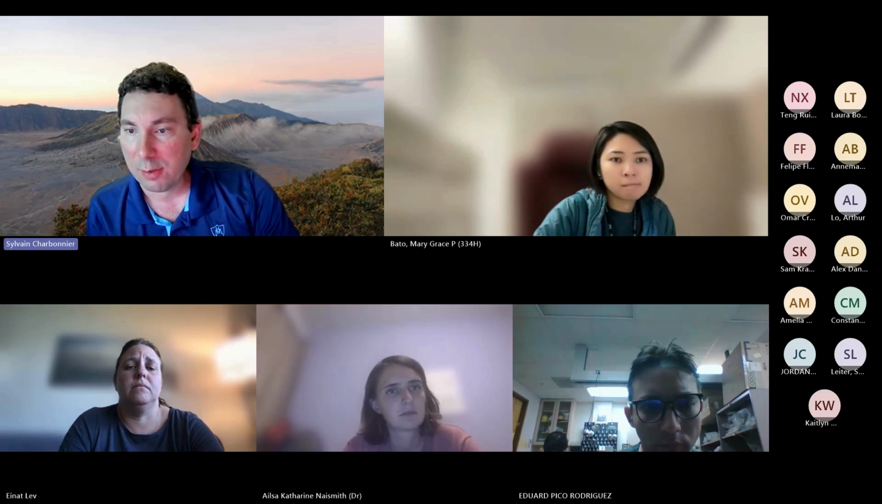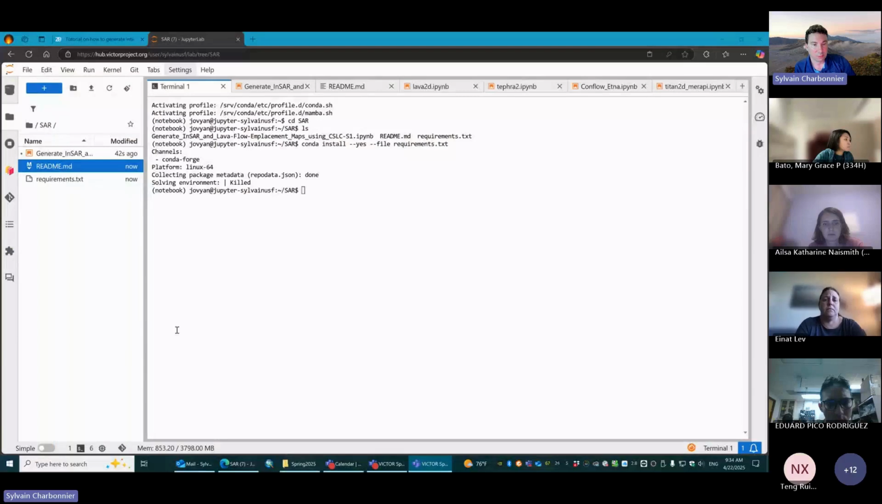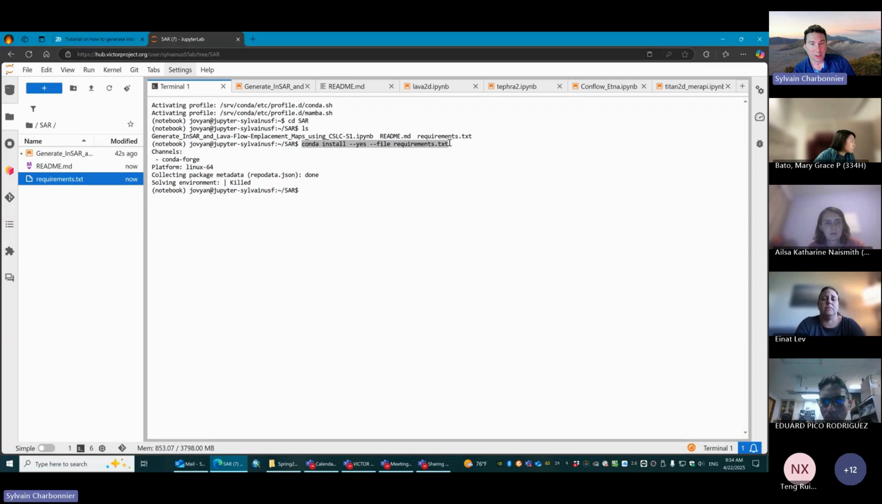So I can share my screen quickly just to show you how to do that. Once you copy the three files into your directory, you have the Jupyter notebook here, you have a README file, and then you have a requirements.txt. So all you have to do is to copy that line here